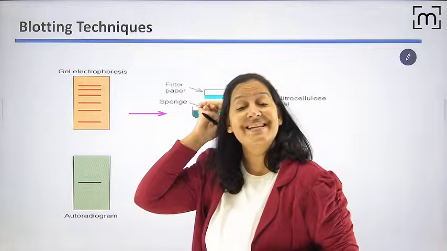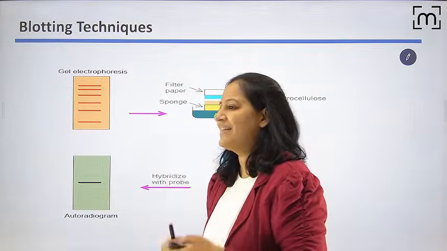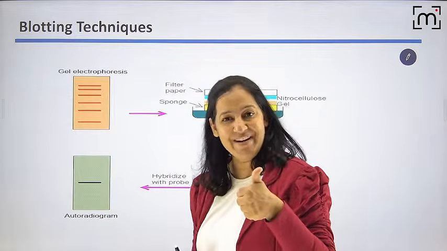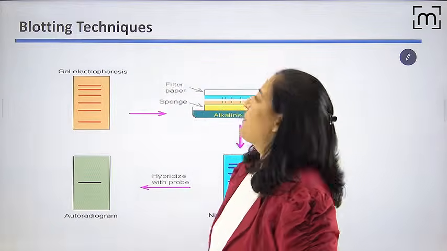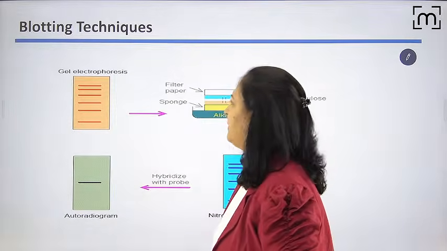So coming to the next thing. The next thing is the blotting technique. Can I start the next one? Chalo, everyone. We will start the next one. Next is the blotting technique. There are 4 types of blotting. I will tell you all 4. What do you mean by blotting technique?